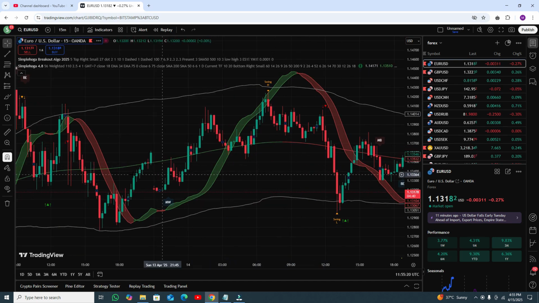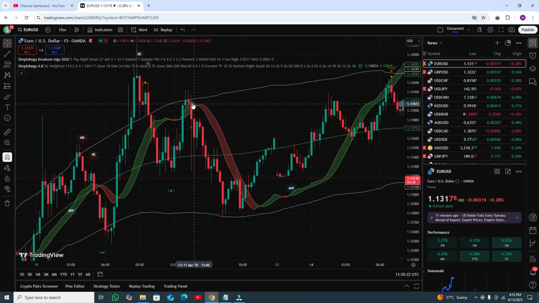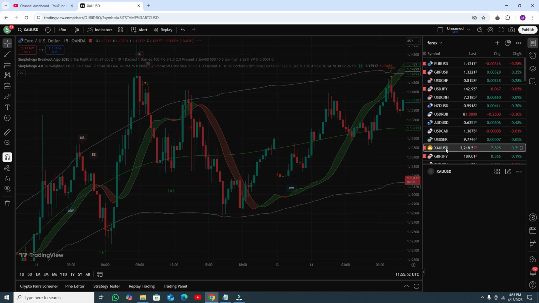Let me show you here, buy signal, and you need to target the upper band line. Here you can see buy signal, and you need to target this upper band line. Here sell signal, and you need to close your trade at that point, because at that point you got a breakout buy signal. You need to go for the buy trade and book your profit. In this candle you can see breakout sell signal, and you need to target the lower band line like this one. Let me show you results in gold.